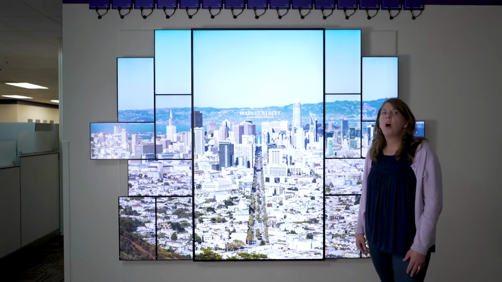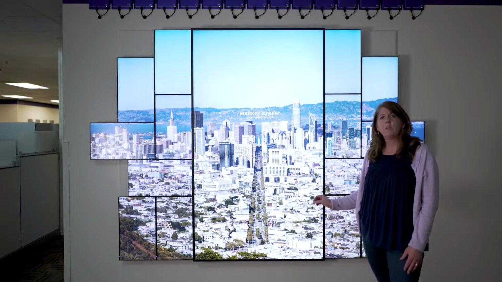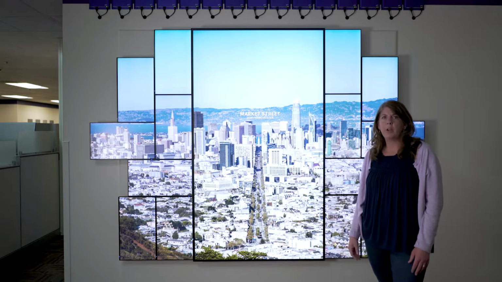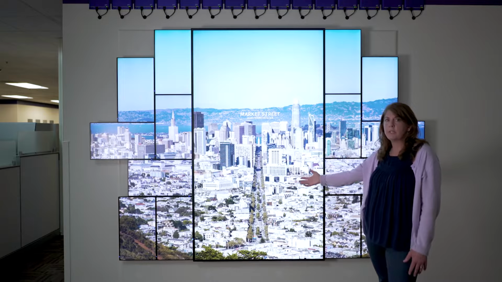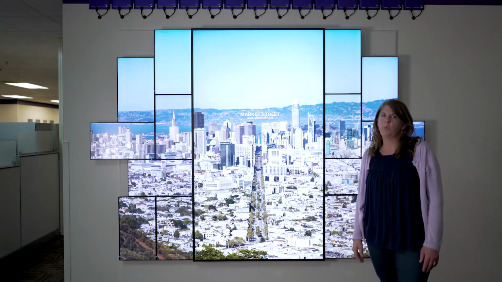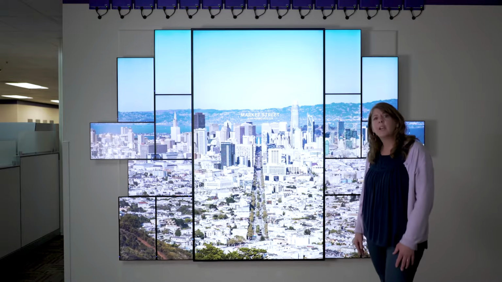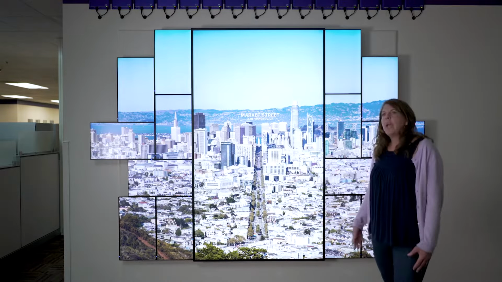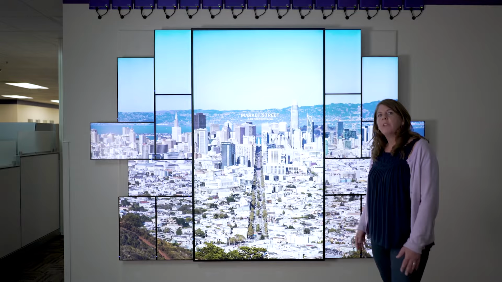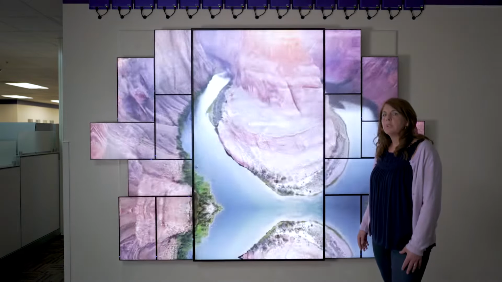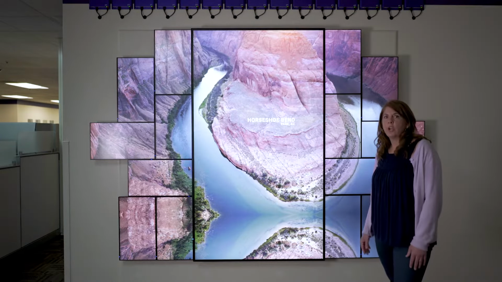The Ethernet port also is very important because it allows the players to communicate with each other and deliver the frame-accurate synchronization, which is so crucial for video walls. Without that frame-accurate synchronization, you could get content drifting over time. And if one or two displays are off, even by a frame, the result can be something unprofessional and jarring.